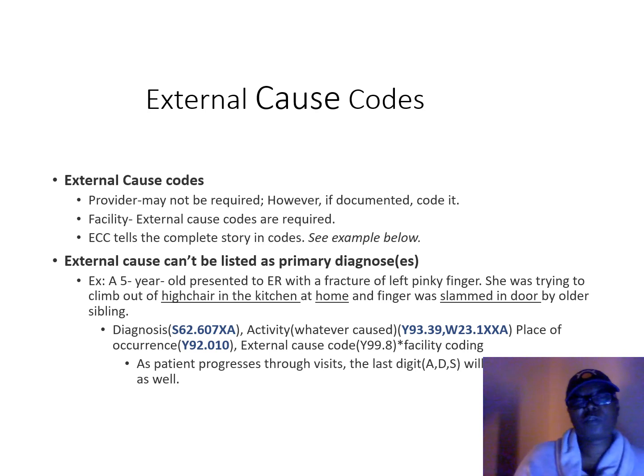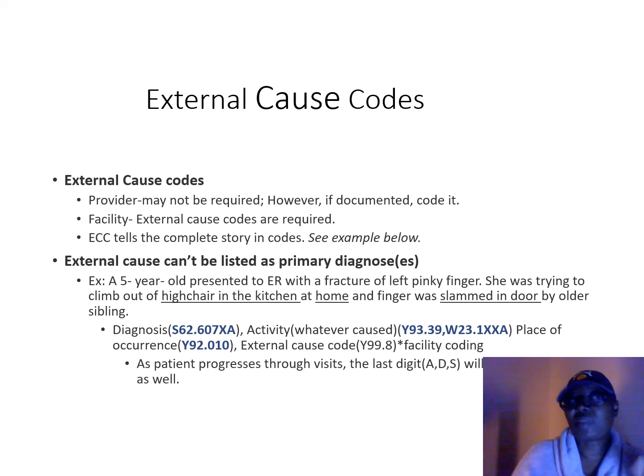Whereas if the doctor refers the patient to, let's say, an orthopedic surgeon, then of course the orthopedic surgeon, if this is his or her first time encountering this injury, again, his diagnosis code, he probably won't do the external cause codes. He would definitely assign the actual fracture, and then his first encounter would be with an A. So if the patient is coming back in for treatment or management of that fracture, so the next encounter